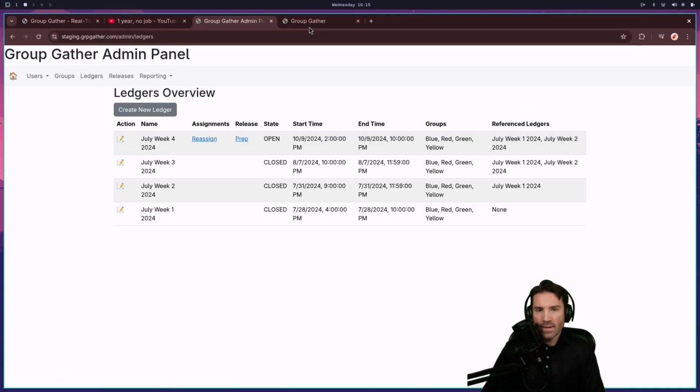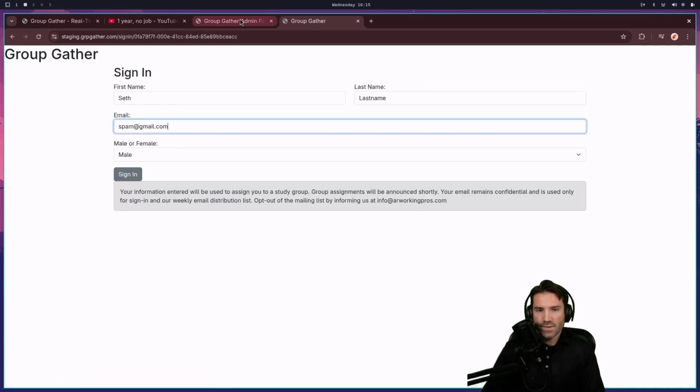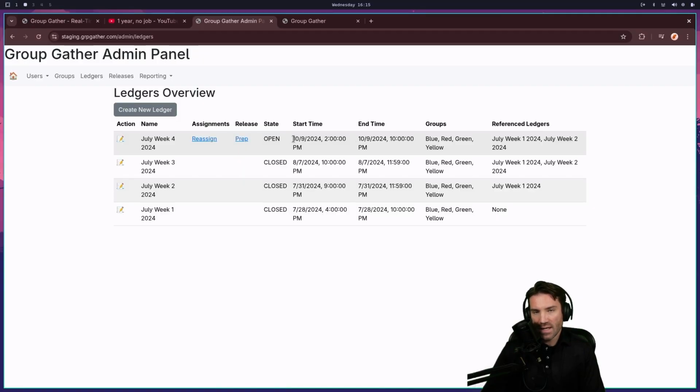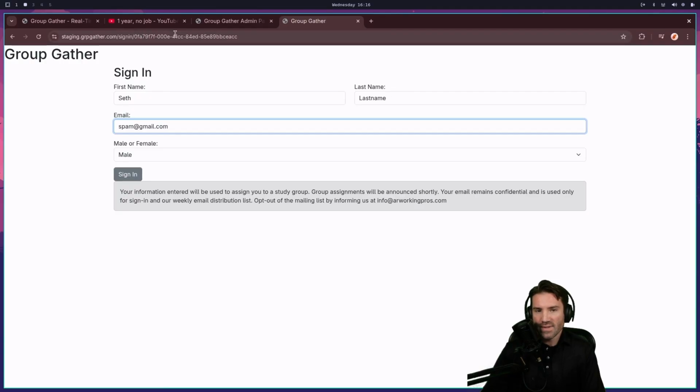that particular ledger. Now, if I did hit submit here and sign in at a time that's outside of this range, it will give me an error. Also, if the state is moved to close, it will also give me an error, not being able to sign in. The reason these are very specific to the time and also the state is because we just don't want web crawlers being able to fill out this form. So this ID is only really specific, and the ability to even sign in is very much limited to the unique instance of your event, as well as the time, as well as the state of the ledger. And that's so web crawlers are going to be really thrown off by